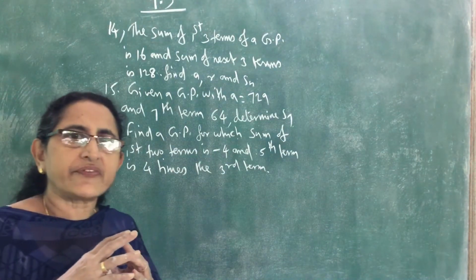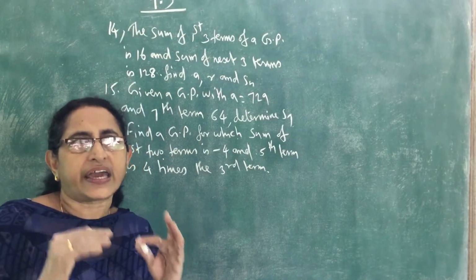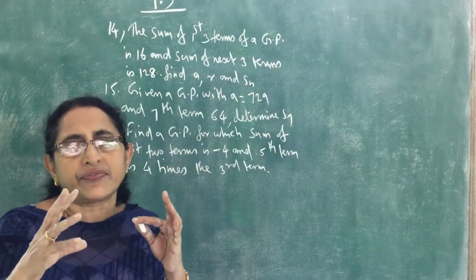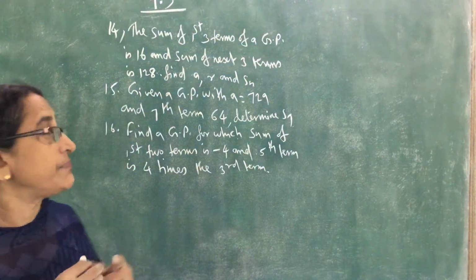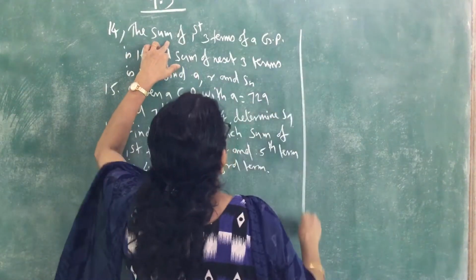If the product is given, we take the terms as A by R, A, AR. So if the product is given, we can find A directly. So here we are taking the terms as